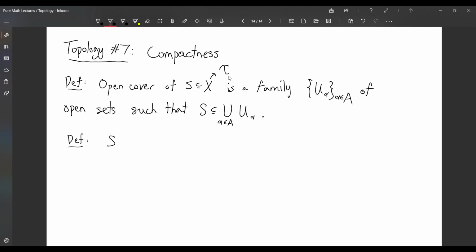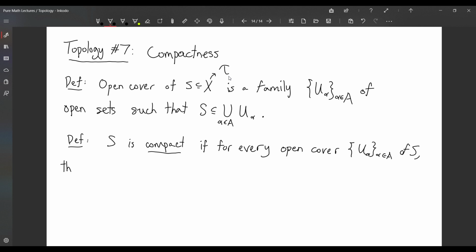So we say that the subset S is compact if for every open cover of S, there exists a finite subcover,